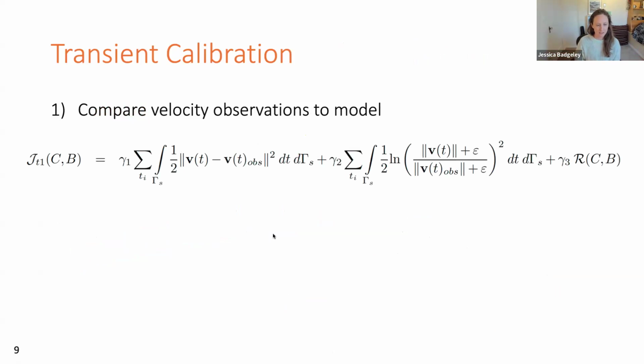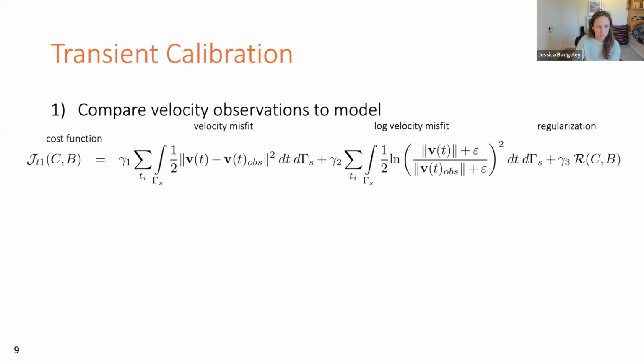What we're really doing here in transient calibration, or in this adjoint data assimilation method, is defining a cost function, which is our data model misfit, in this case with velocity. And we might also have a different sort of data model misfit, such as log velocity, if we want to capture the slower flowing regions better. And then we have a regularization term. So this incorporates a priori information or assumptions about how variable the field should be or what it should look like. And so you can set up this cost function for any number of variables.